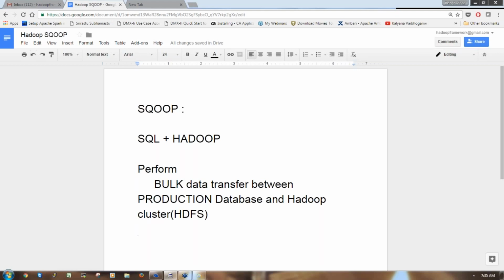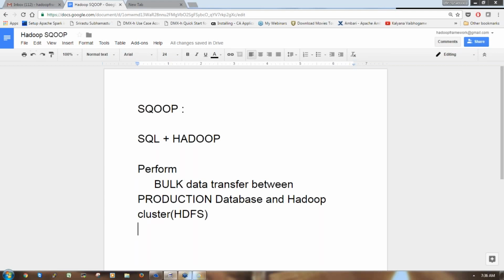That's the reason we use Sqoop to import the data from the production database to the Hadoop cluster. When the data is in a database, we use SQL tools like MySQL and query using select star from a table, with different kinds of joins, to retrieve the data.